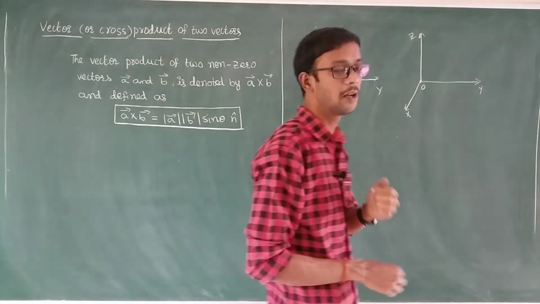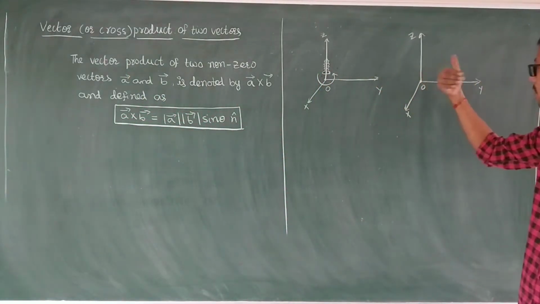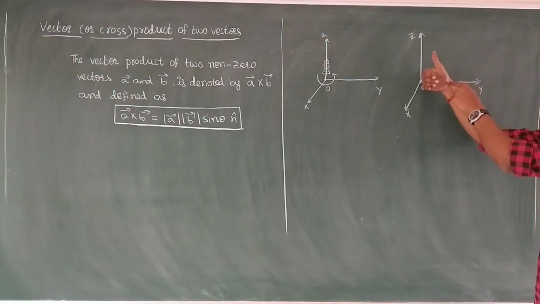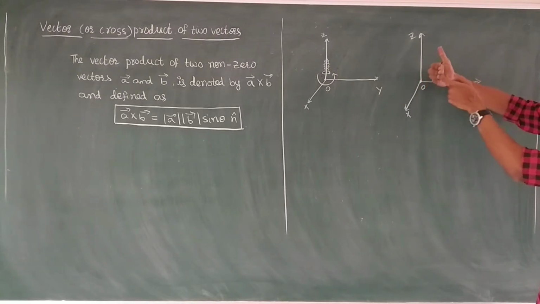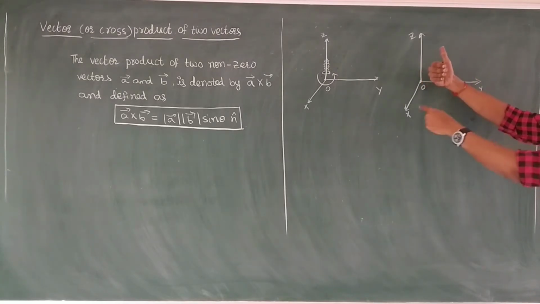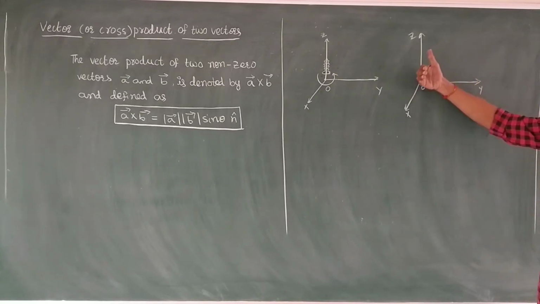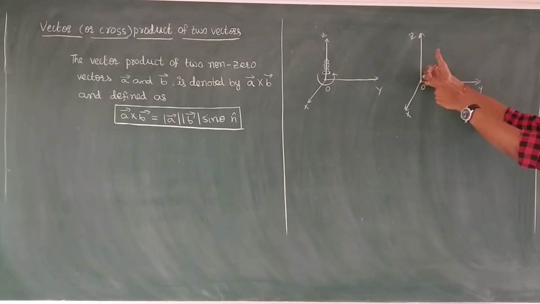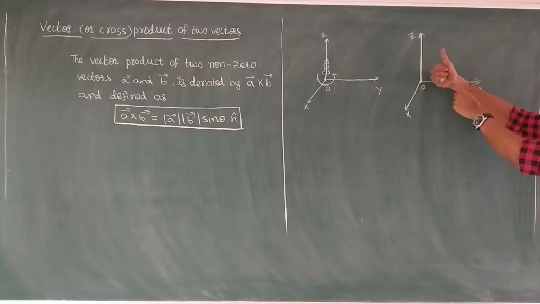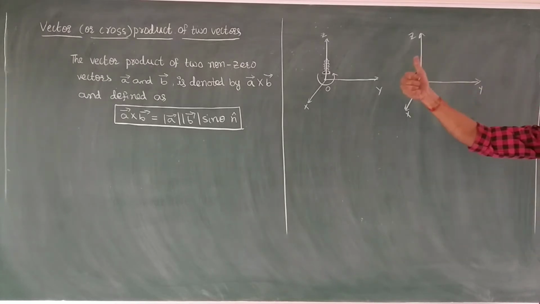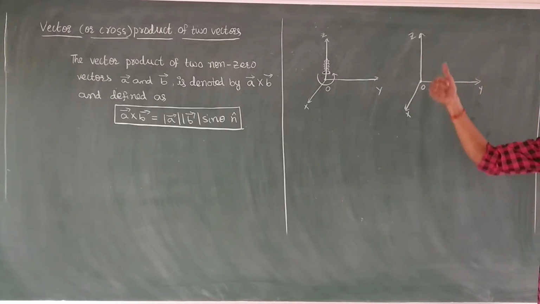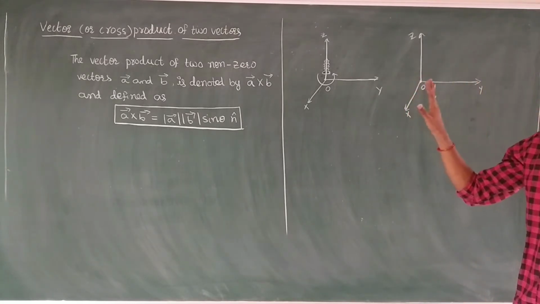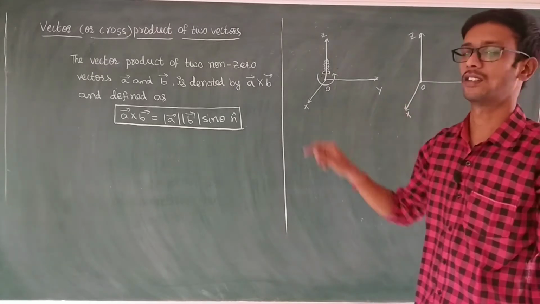The right-handed system is the same here. Taking the thumb to represent the z-axis, this finger represents the y-axis and these fingers represent the x-axis. Now fold these fingers from the x-axis towards the y-axis. The resultant is the thumb pointing towards the z-axis. This is the right-handed system. This is the concept, and we will use it here also.